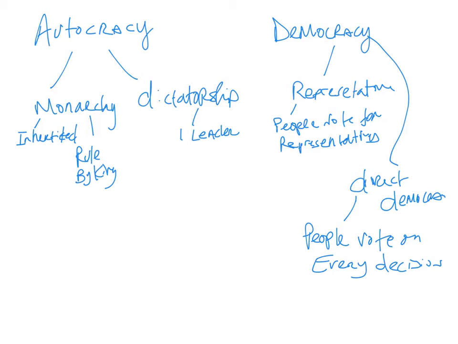Yesterday we were going through and defining the 4 different types of government that we were looking at: autocracy, democracy, oligarchy, and then anarchy. Remember that these are categories of governments, and that the categories of governments will have other governments that fit inside of them. For example, autocracy, the one that you see on your page right now. The most common types of autocracies that we see are monarchies and dictatorships. Monarchies being ruled by a king or queen. Dictators ruled by one single leader, usually taken through military control.